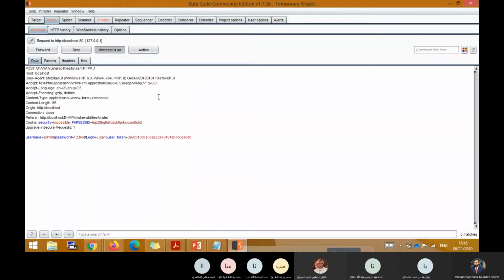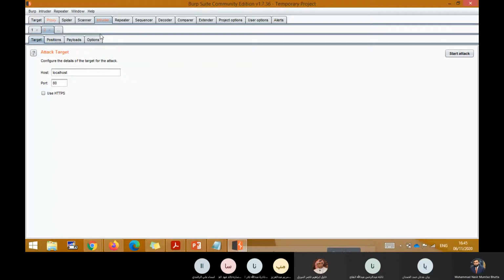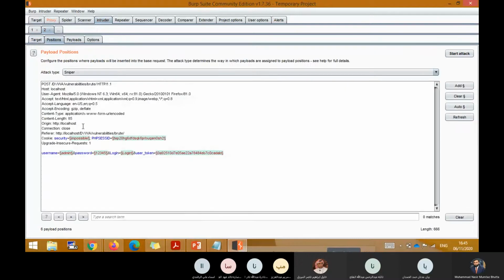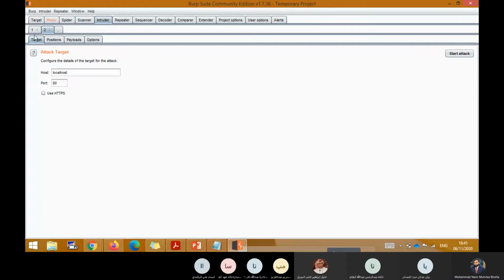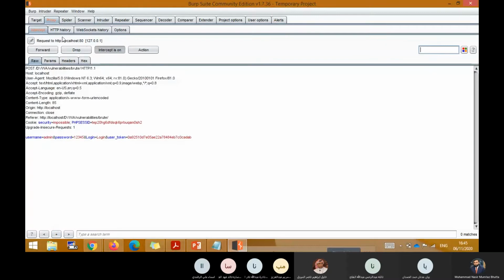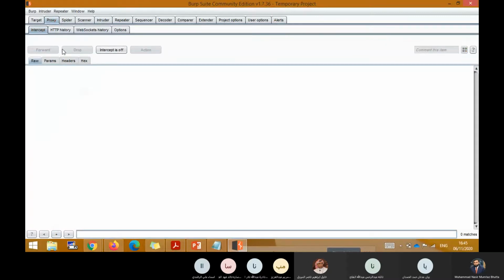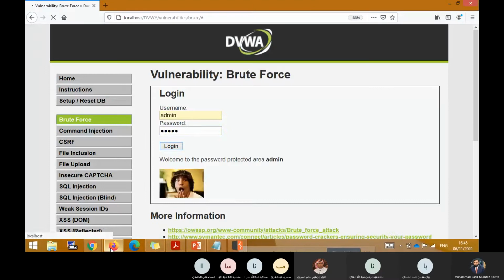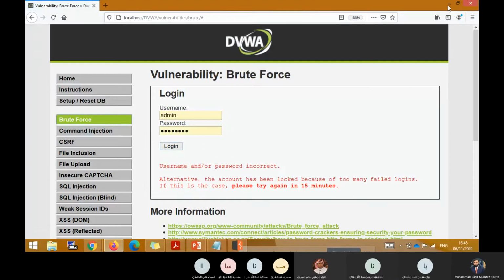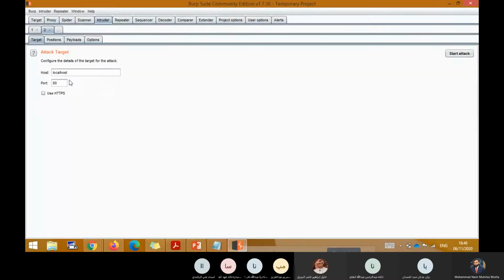When I click send to intruder, you can see now all the details are here with me. So I turn intercept proxy off so that the website works normally. And now I will use the intruder to launch the attacks.